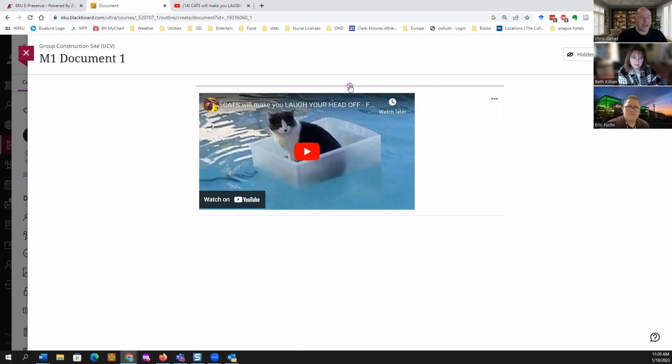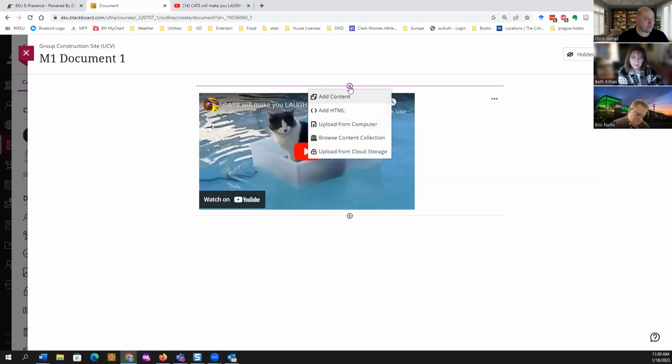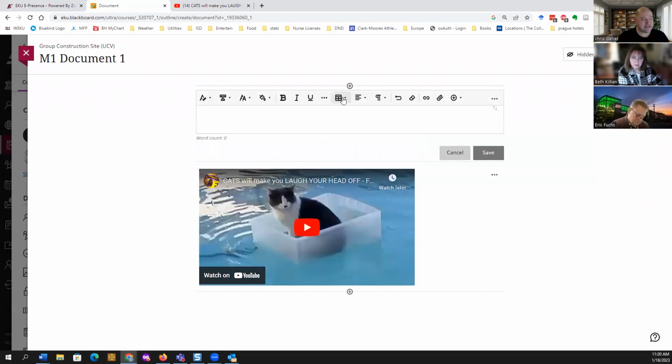But I can also add additional items inside this document, and I just do that by hovering over these dotted lines to find that plus. The plus is our magic entry into adding stuff. And let's say I want to have some sort of header or subheader. Now I could just add content. So now I could just start typing along. And now I have a traditional sort of web text editor if I want.